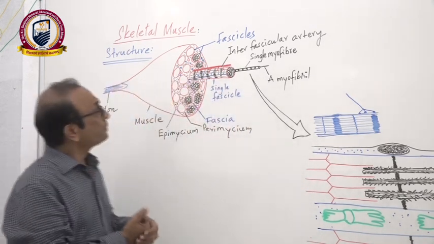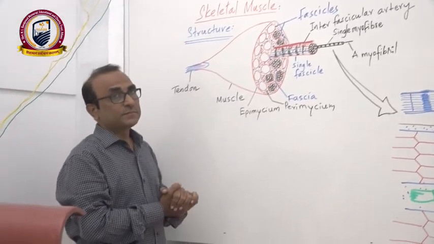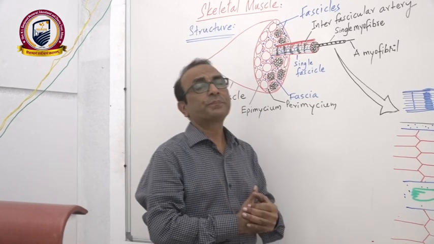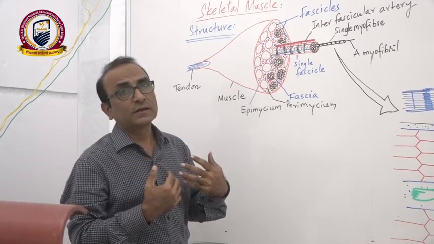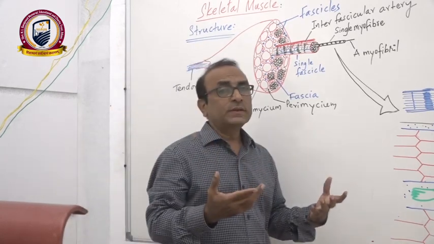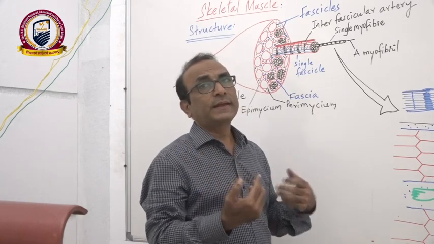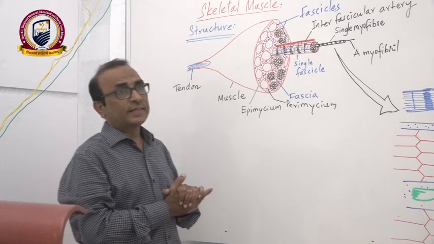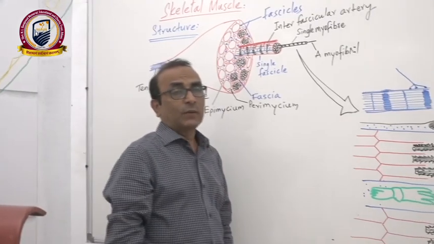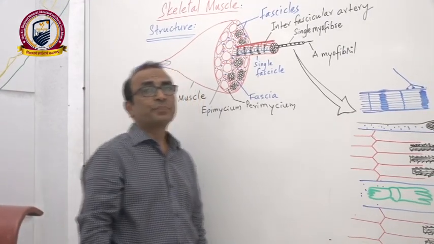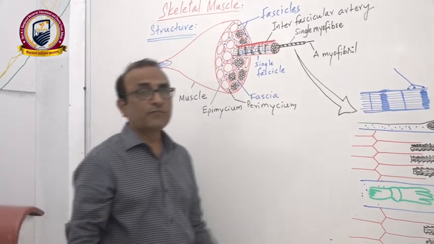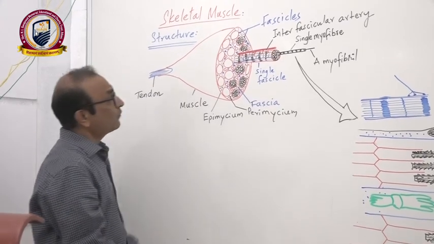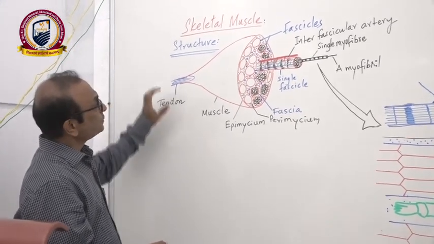Now let us take up the skeletal muscles, which are the main muscles in our body that form the flesh in our body. They are attached to our bones. None of our bones can move without the help of these muscles. So they are called skeletal muscles. They are attached to our limbs, hands and legs, so that they bring about the movements of our limbs and the hands, and we are able to locomote or move from one place to another.